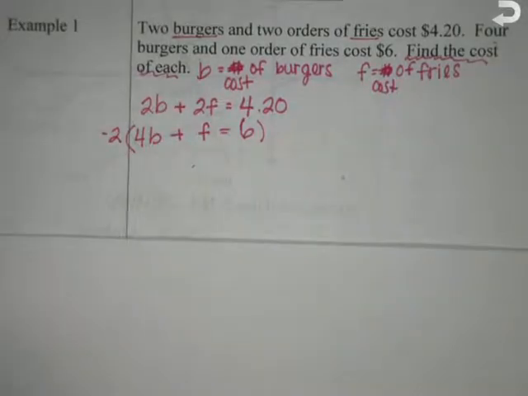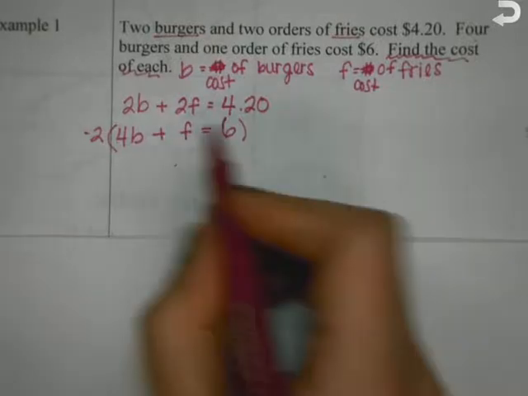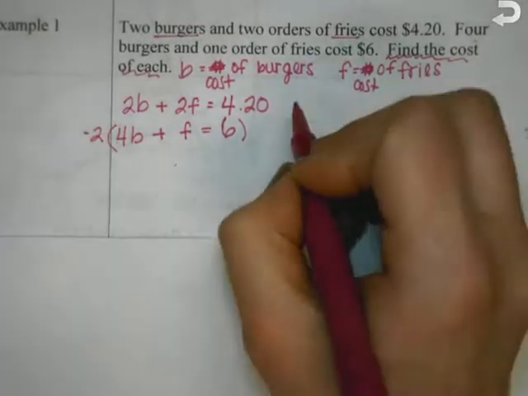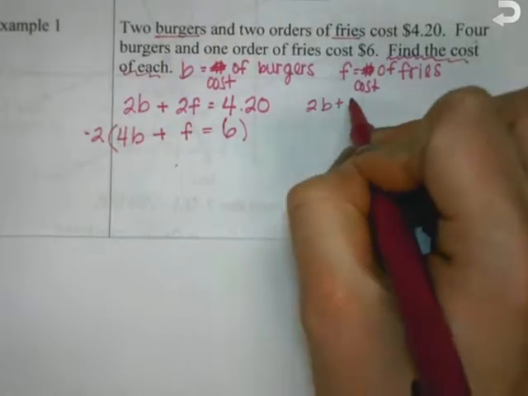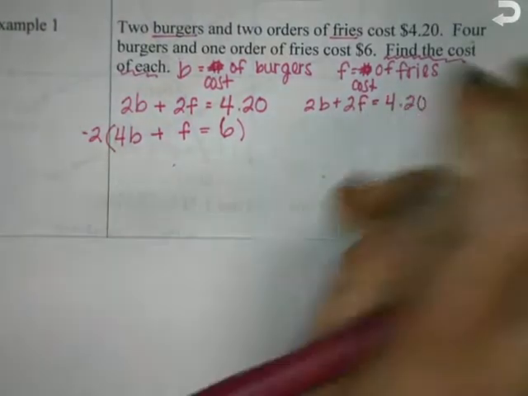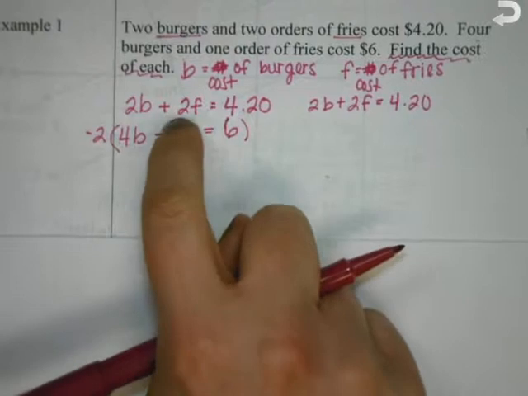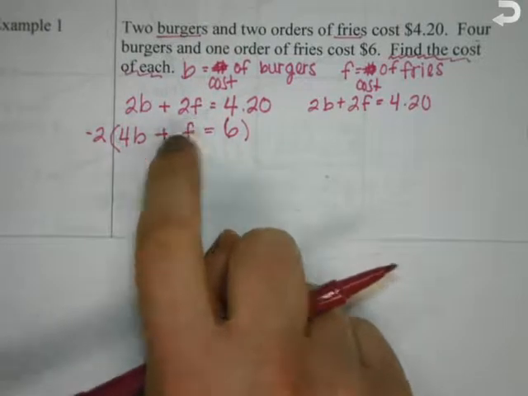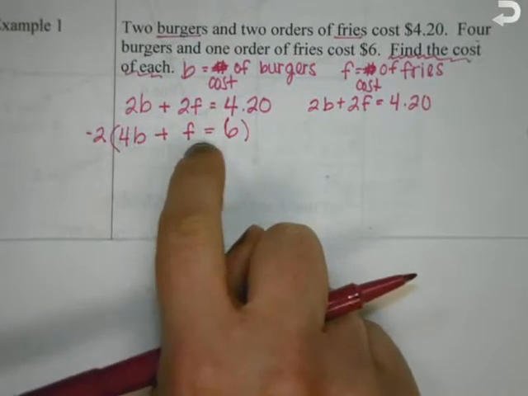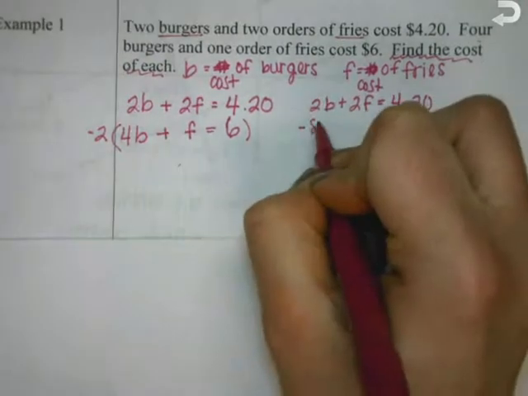And just so that I can keep everything lined up, I'm going to rewrite 2b plus 2f. Wait, how did you get -2? We picked -2 because we want to eliminate the f, and this is positive 2f. Let's do that. So if we multiply by -2, it'll end up giving me -8b minus 2f